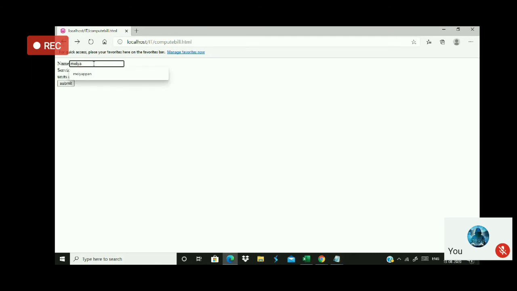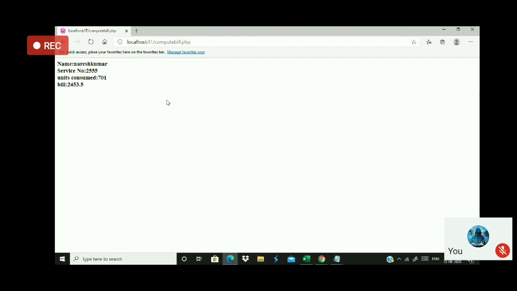Now the third name I give is Mahalakshmi, and service number is 2304, and units consumed is 662 units. So the third bill is generated. Now I go back and generate the fourth bill for Naresh Kumar. Service number is 255, and units consumed is 701 units. So the billing amount is 2453. So I have generated 4 bills here.